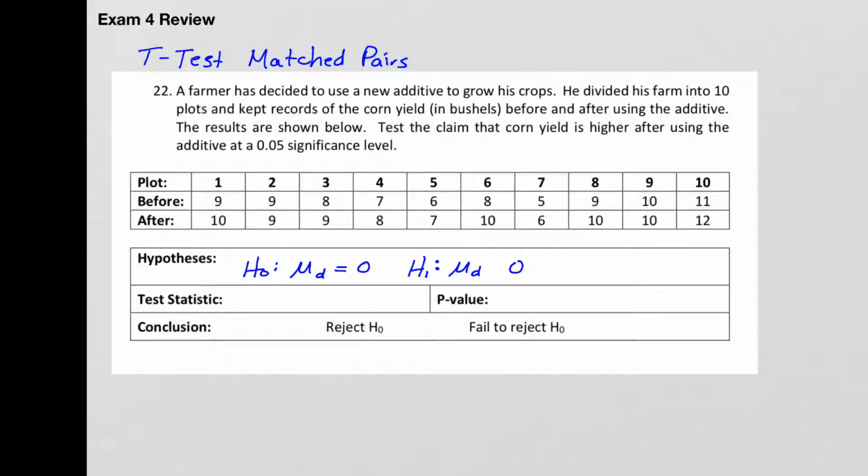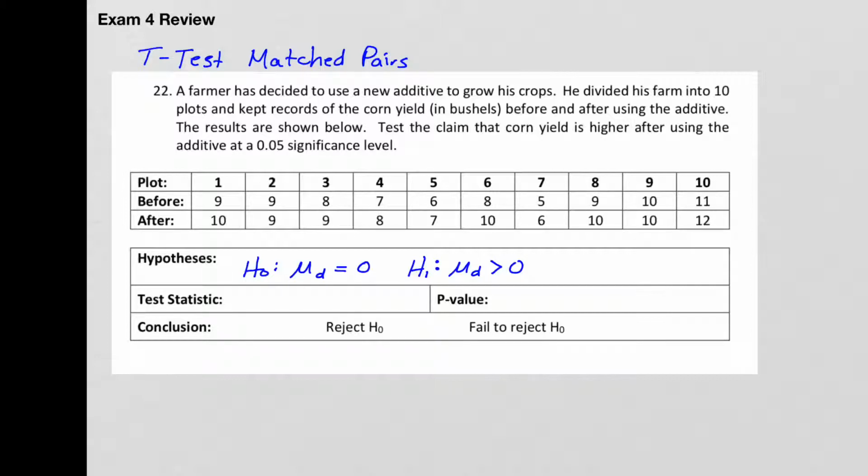Since in the problem they said that corn yield is higher after using the additive, that tells me that we're doing a one-tail test. Now I can either do this as a left-tail test or a right-tail test. So I can either go with less than or greater than for my alternative hypothesis. And in this case, I'm going to use greater than. And I'll show you how we can use less than along the way. So since I decided to do a right-tail test,